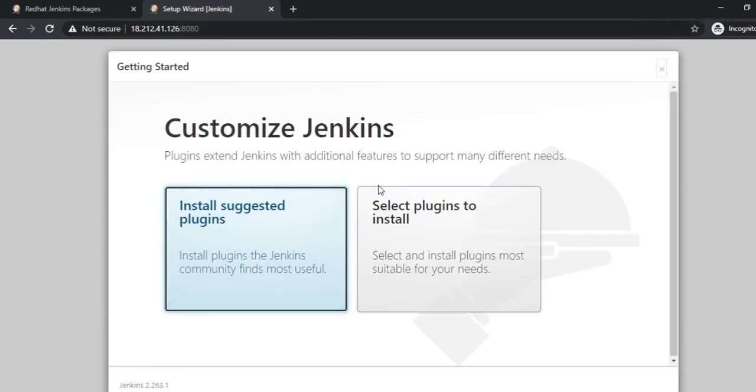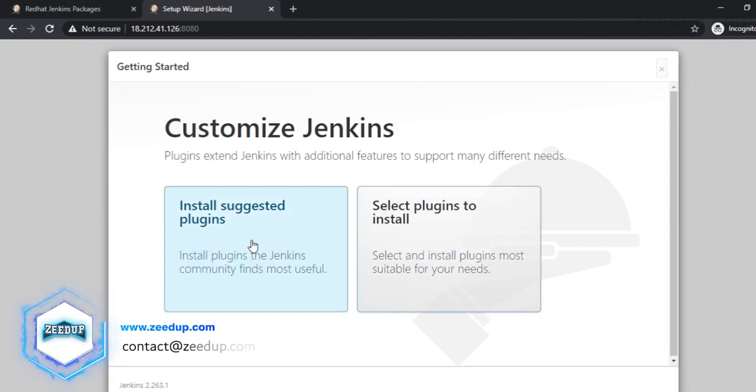Continue with the setup process of Jenkins. Press continue. We will be redirected to a setup wizard where we will be suggested to install some plugins. So you can either select plugins manually that you want to install, or you can let Jenkins decide the most popular plugins that most of the people use and will be used by you.